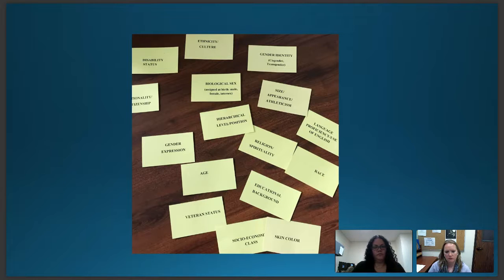And when you need to make a decision, or you have a policy or a procedure or some other project or programming that you're working on, you can utilize these cards. So you can lay them out, or systemically go through them, but really looking through all these different lenses as you're considering your decision or the particular project that you're working on is, in my opinion, a really powerful tool